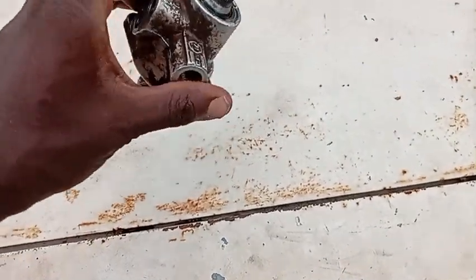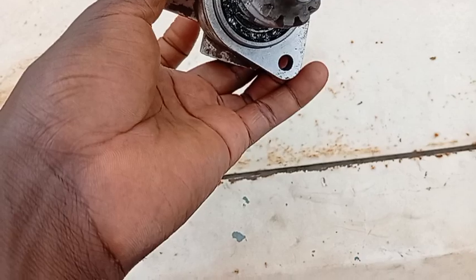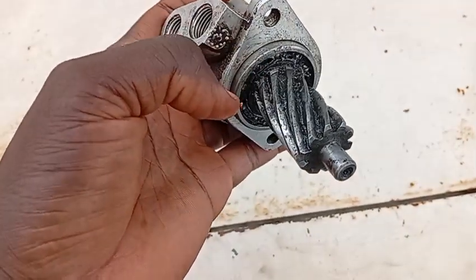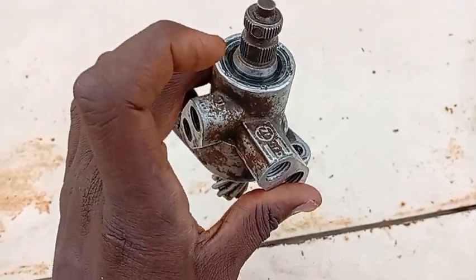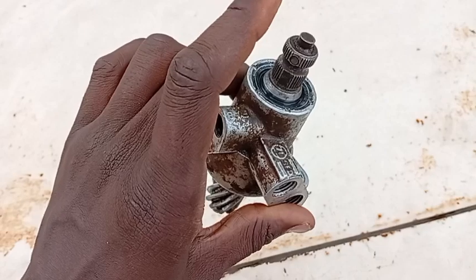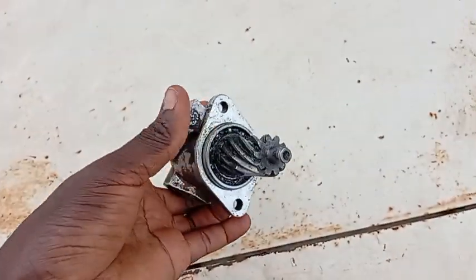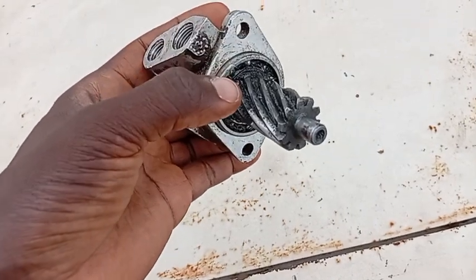Where does it usually leak from? Here. This seal here, that's where it usually leaks from. Now there's a seal underneath which it can also leak from. So how do you know when this one starts leaking? This one is facing upward in the engine bay, so you can actually see the oil dripping from here. But if it's leaking from underneath, you see oil puffing out from the steering